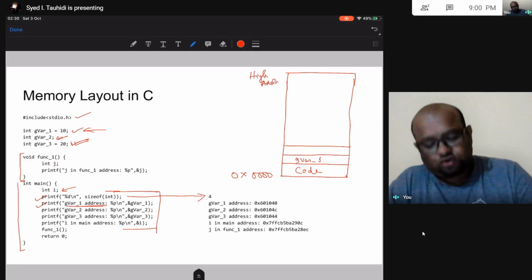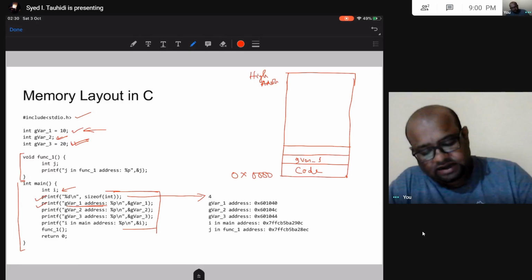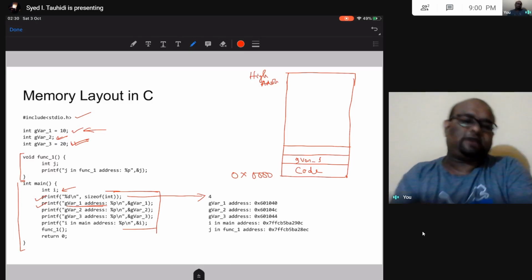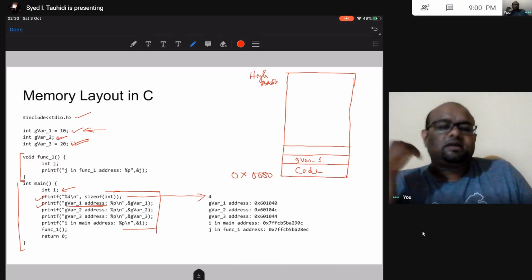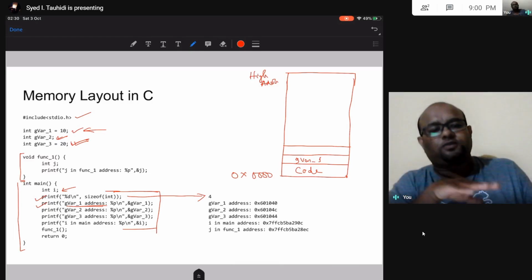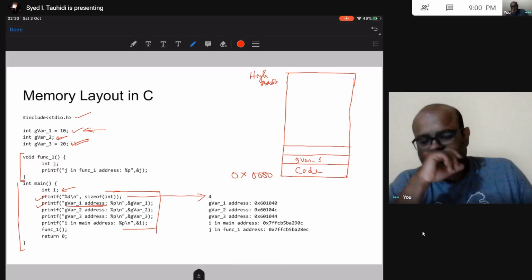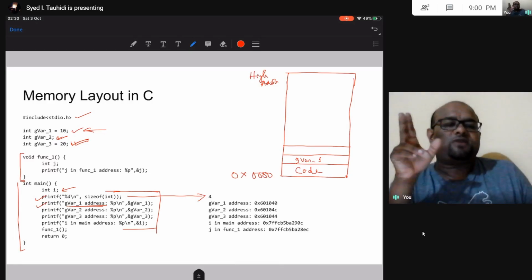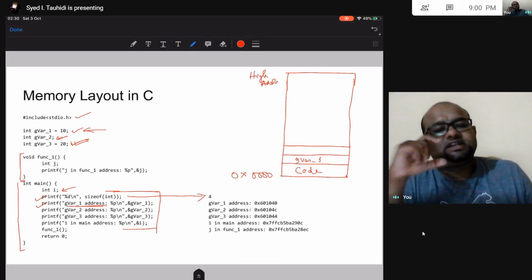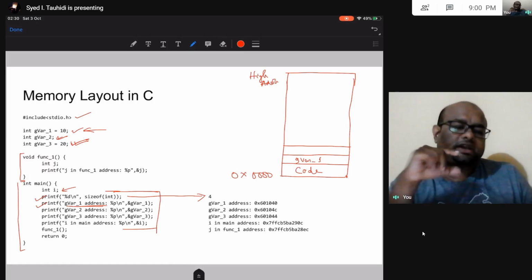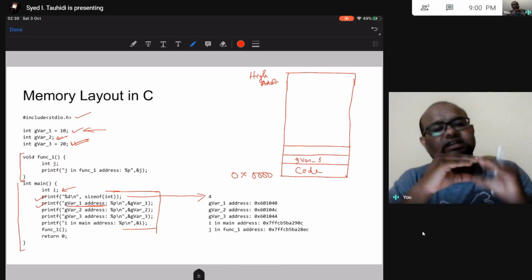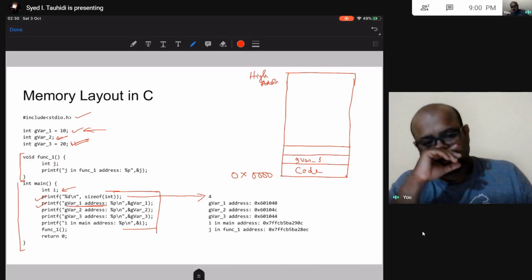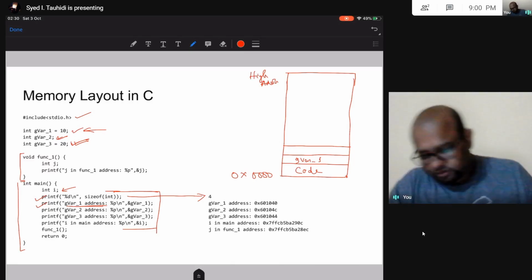Okay, so global variable 1 is going to be allocated. Then what is going to be allocated? Is global variable 2 going to be allocated, or global variable 3 on top of global variable 1? So remember from the last slide, all these initialized are going to be allocated address above code segment, and after this initialized, the uninitialized are going to be allocated these global variables, right?